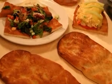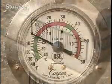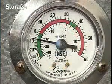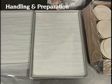Now, let's look at another menu variation, the flatbreads. Using the richest 7-inch pizza dough, store the product frozen at 0 to 10 degrees. Remove the desired amount of 7-inch sheets from the freezer, spray the parchment paper with a vegetable spray, and pan